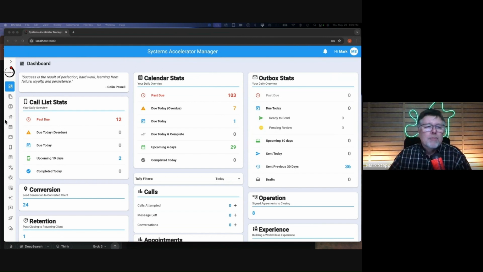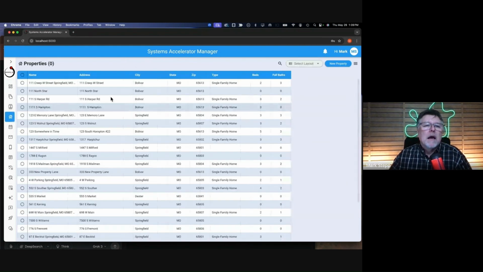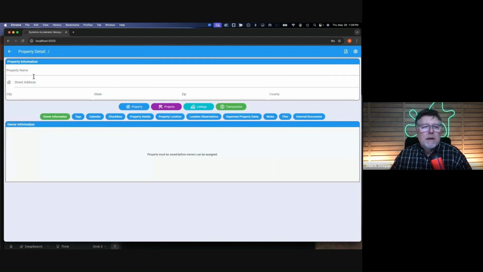If you're doing property stuff, going into the property area, is this what you're talking about? You can come up here and click on the new property. That will then open up this, and this will look different for you guys. As of this past week, we went ahead and implemented the same structure for properties, listings, transactions, and projects too,